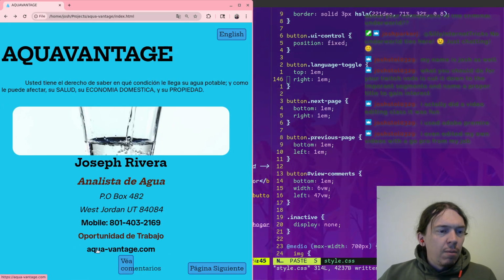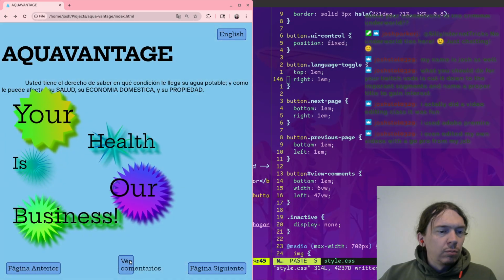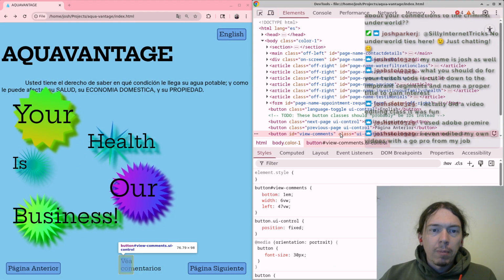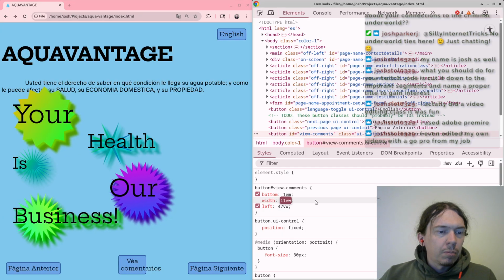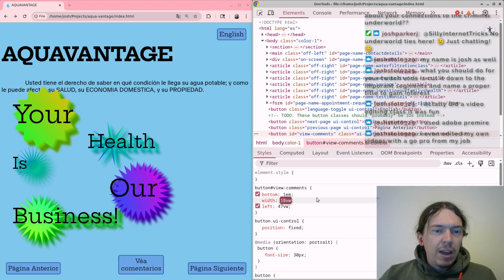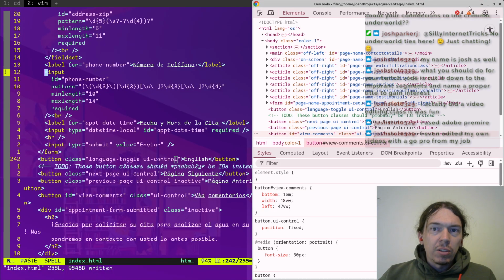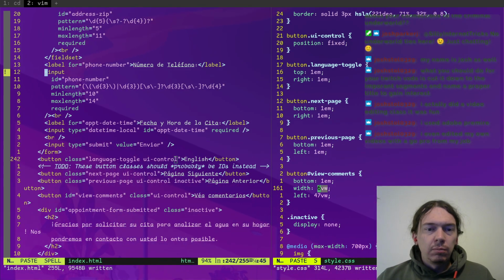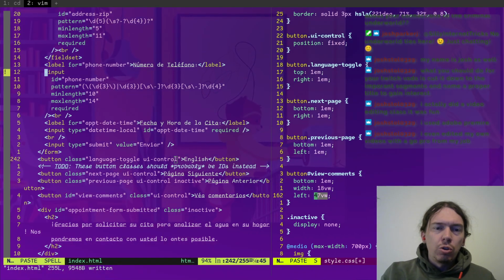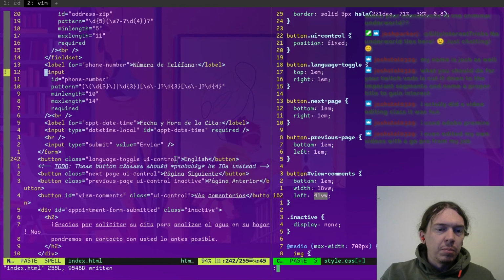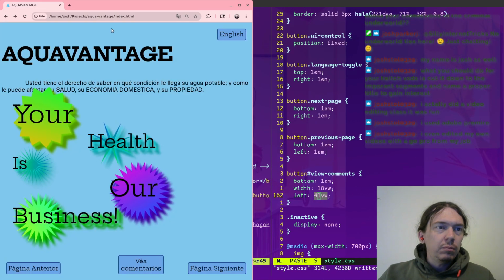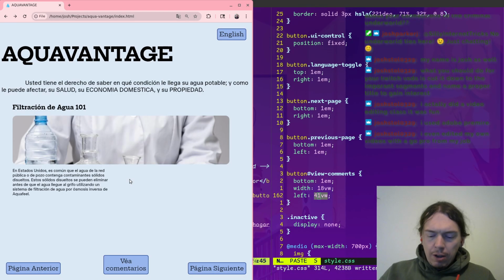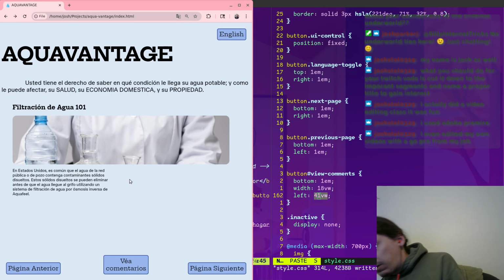Oh, that's crazy. Okay, so what width should it be? Maybe like 18? All right. So if the width is 18, then this should be 41, right? Okay, okay. So that's centered.